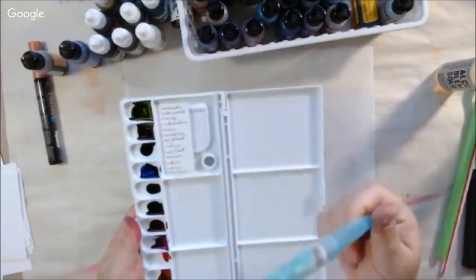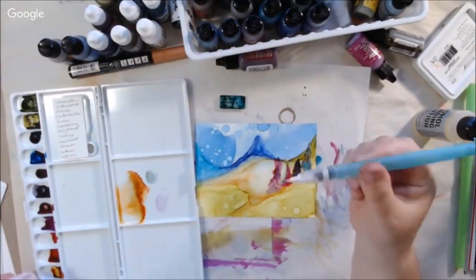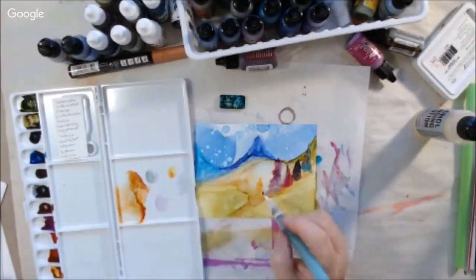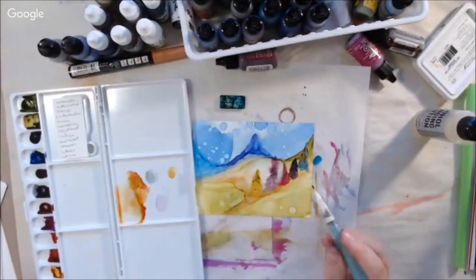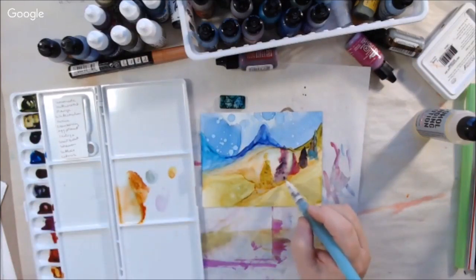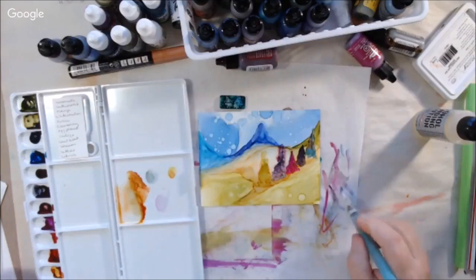And it's a very cool, interesting technique. I really liked it. So then the next thing I was talking about was painting, drawing or doodling with alcohol inks. And I have this very inexpensive plastic palette from Walmart, and I dripped different colors into the little reservoirs and